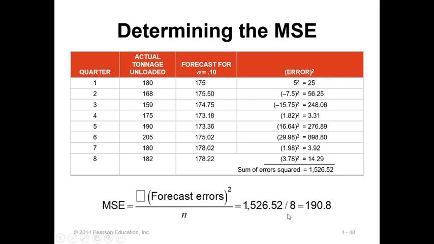Now, if you do the same for alpha equal to 0.50, you will notice that the MSE will be greater, will be larger, which is, of course, not advisable. And we will see the result. I will show you the result later on because I did it for you. Okay? But before that, let's go to the third